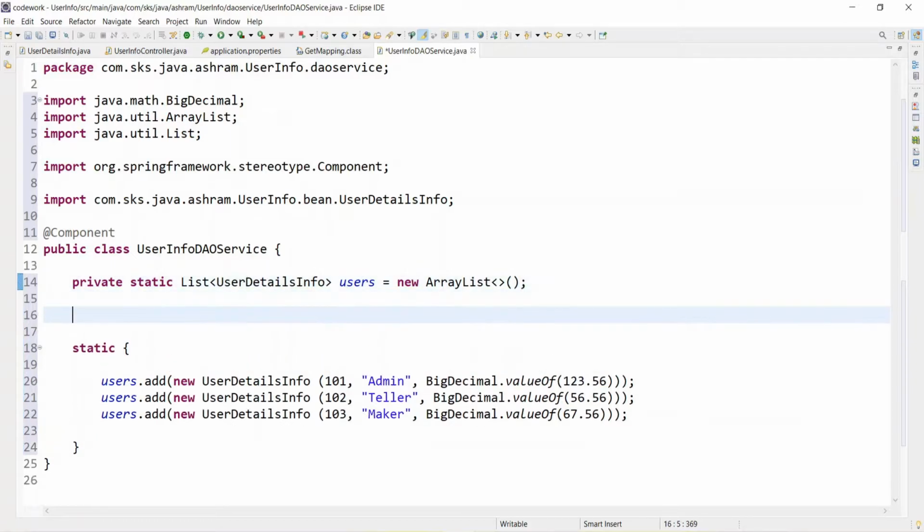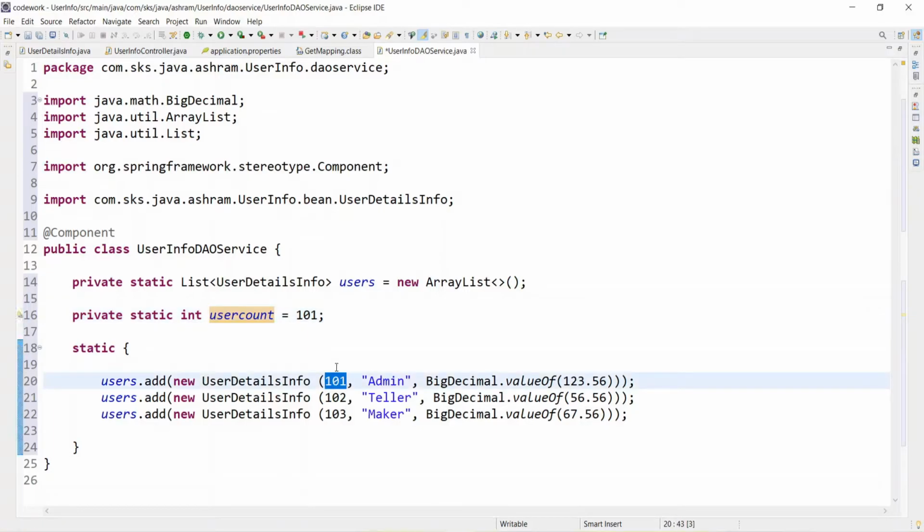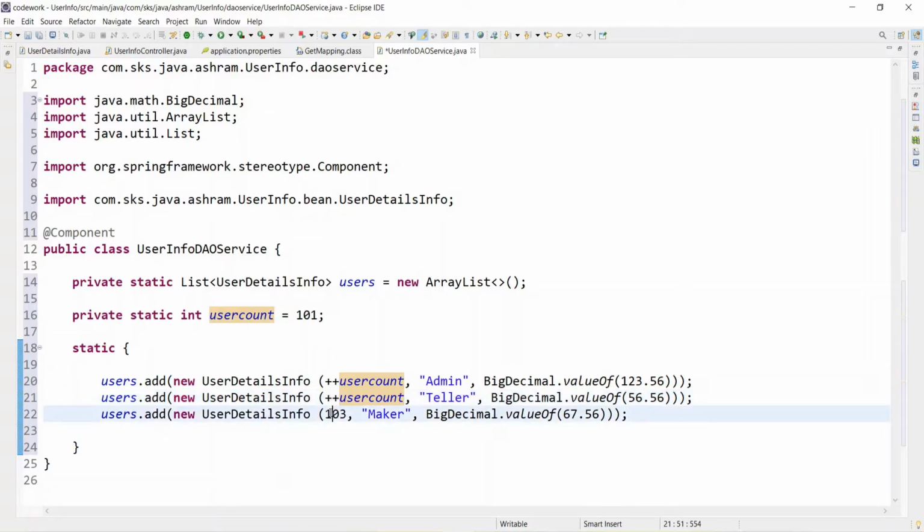And one more thing we can do, instead of putting this constant value, let's take private static userCount is equal to 101, an integer. And thereafter here you can put plus plus instead of this, plus plus this, and plus plus this. Got it? So each time it executes, the user ID will get incremented.